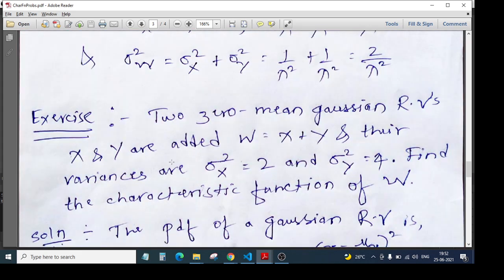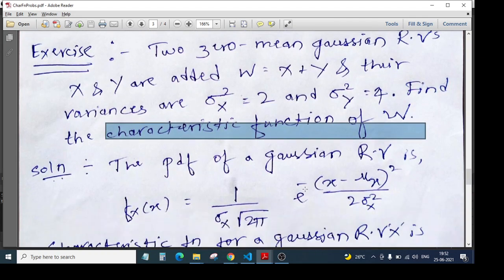So they have given us two random variables, friends, x and y. Fine. And these are Gaussian random variables. Remember this thing. When we say Gaussian, go back to the Gaussian notes, Gaussian video, see what is Gaussian random variable, see what is its PDF, see what is its characteristic function, and remember those formulas. Then you come back and try to solve this problem. Very easy problem if you know those things. Okay. So what he has told to find us now? He has told us to find the characteristic function of w.